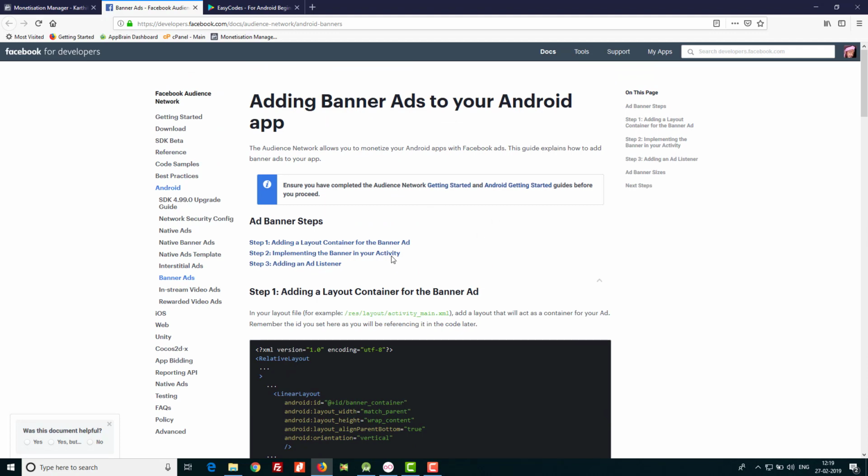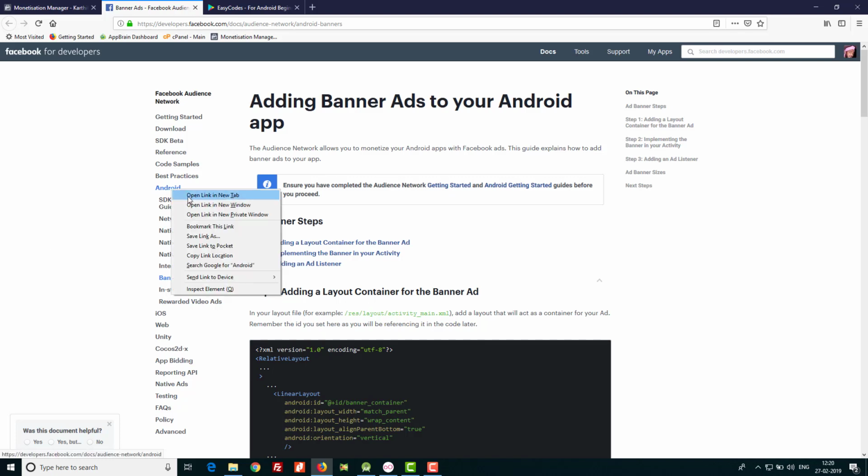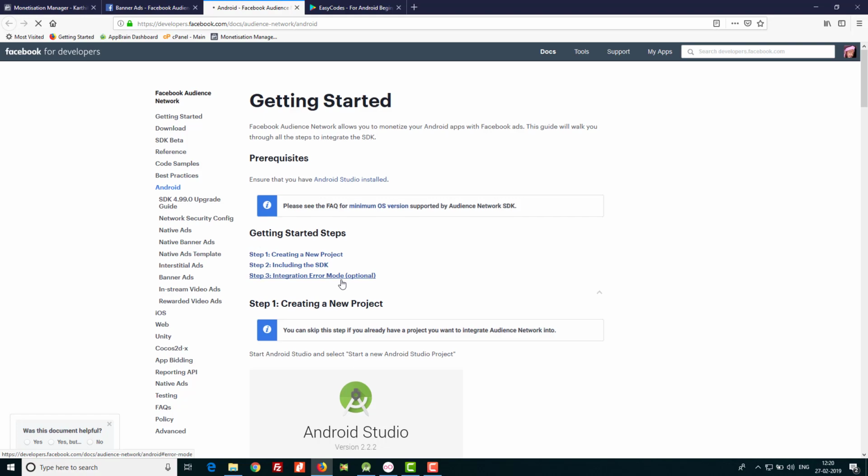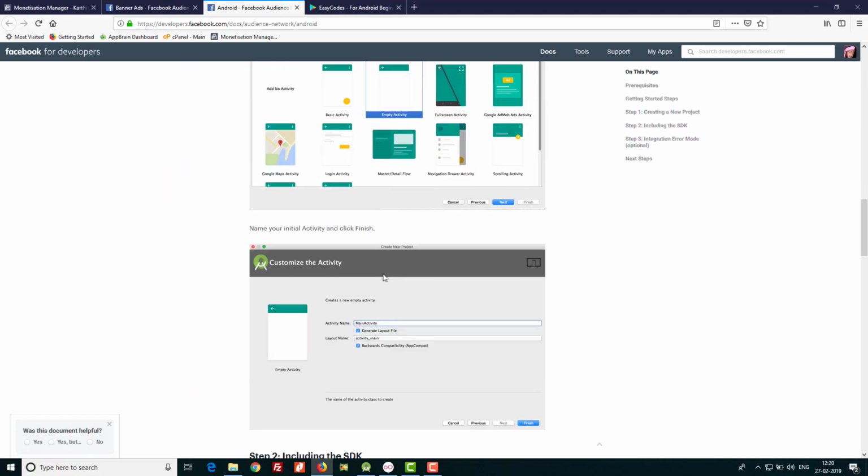On this page, just right click on this Android and click on open link in new tab. Inside that you can see how to do everything.